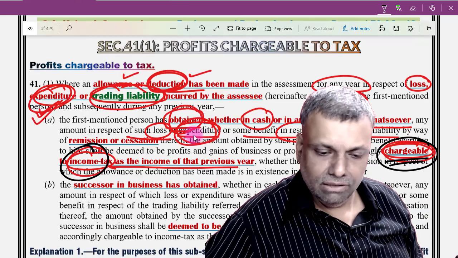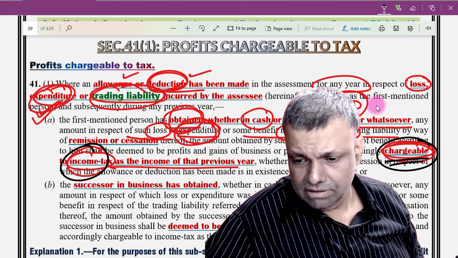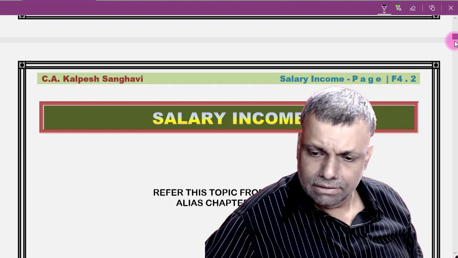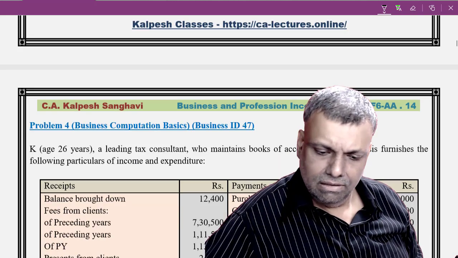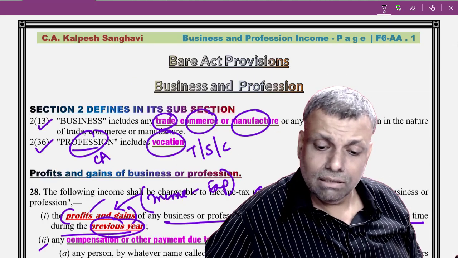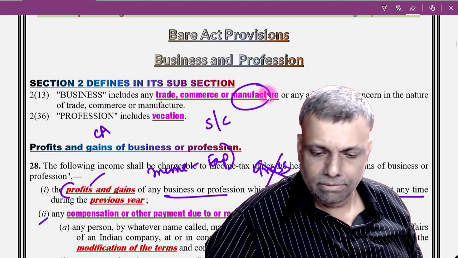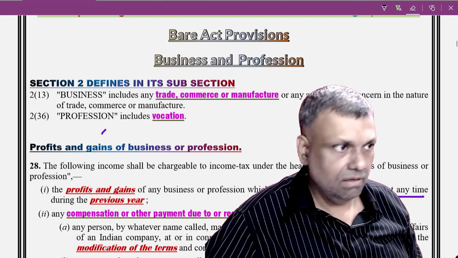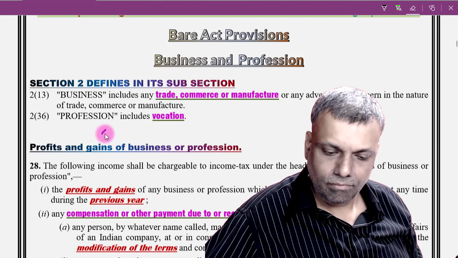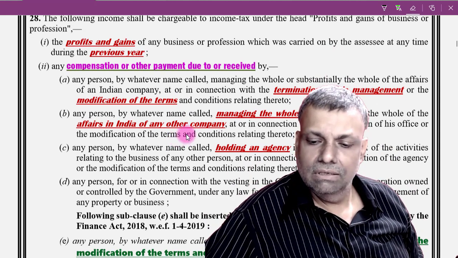See, section 28, the charging section, now it takes care of a lot of such transactions. Let me scroll, and it will tell you that these are the items which will have to be regarded as your business items or business incomes. Okay. If there is